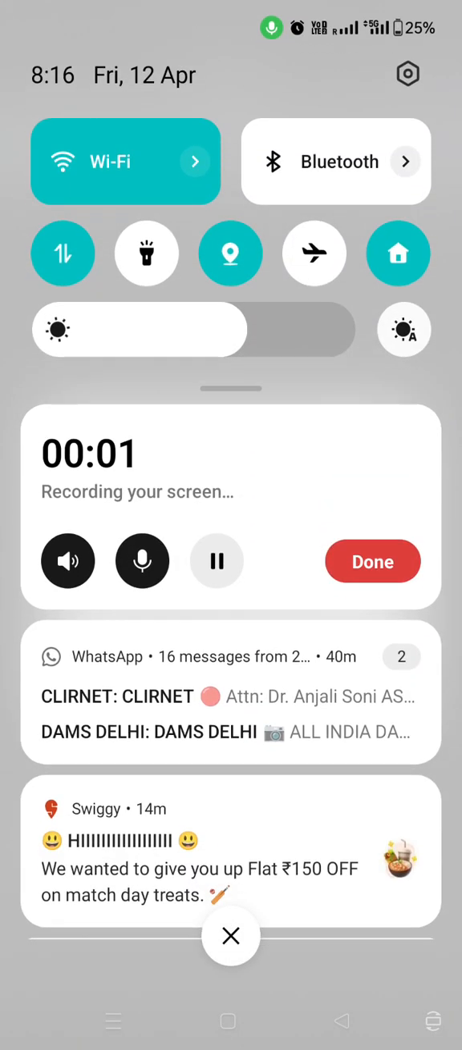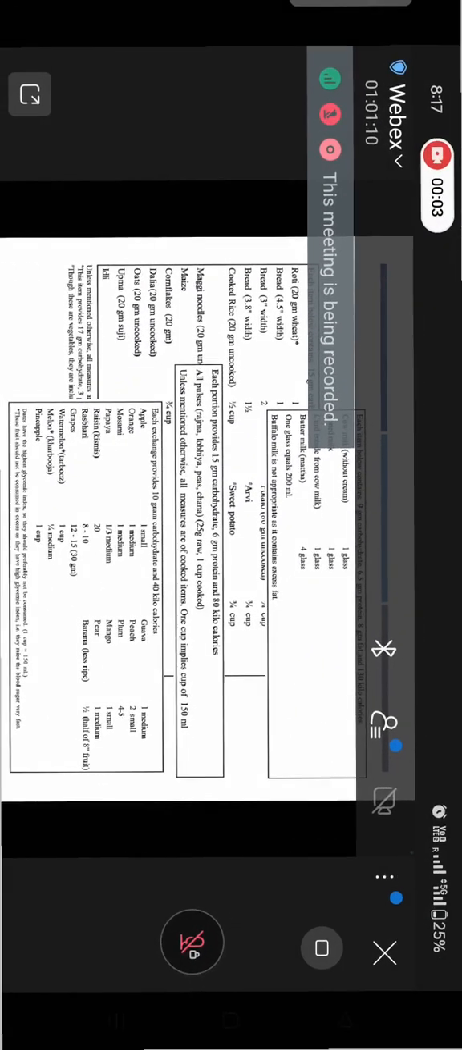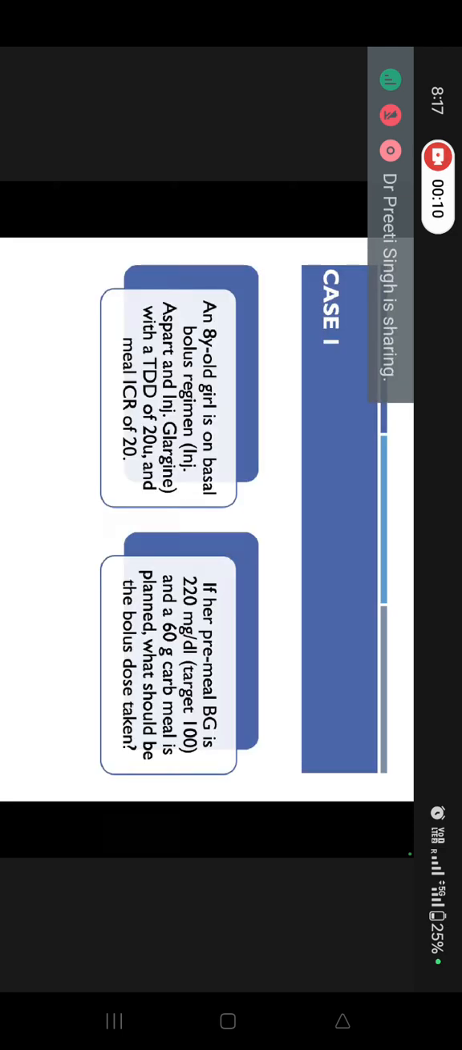children the flexibility and also the variety that they want while planning a meal and deciding the dose of insulin. So quickly we'll go through this case and this will help you understand the concept even more. Suppose you have an 8-year-old girl who is on basal bolus regimen and the total daily dose for this child